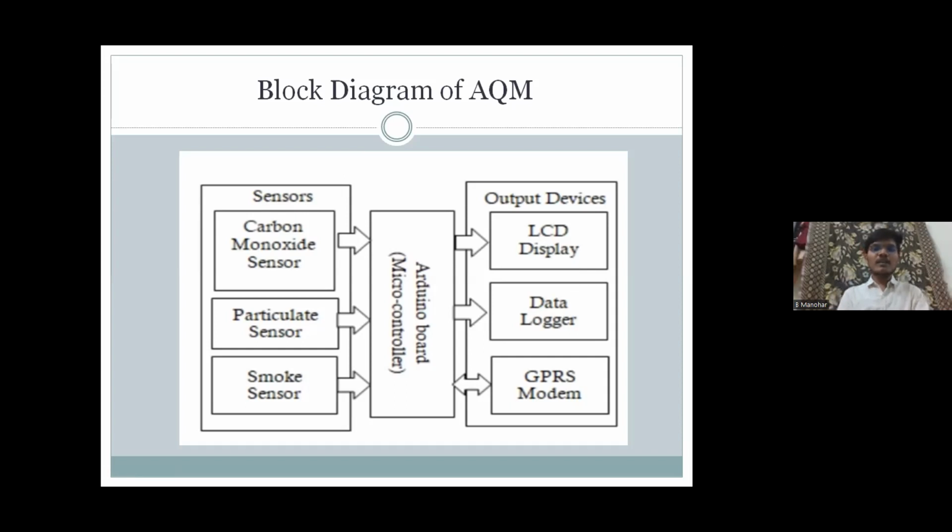Based on the design and the targeted pollutant, one air quality monitor can have many types of sensors and can detect any type of air pollutant, and the output of these sensors is given to the processor. This processor stores that data for further modification and processing of the data. If it is done, this stored data is given to the